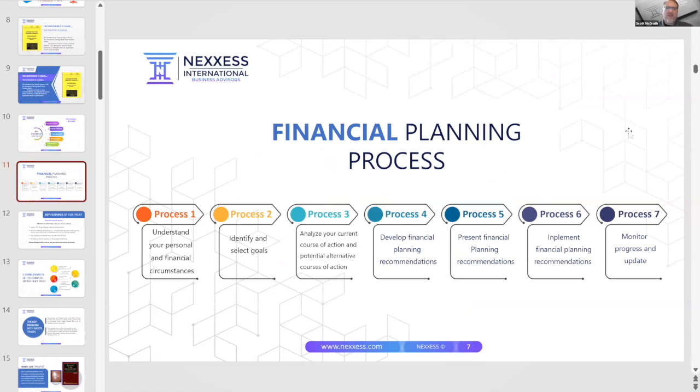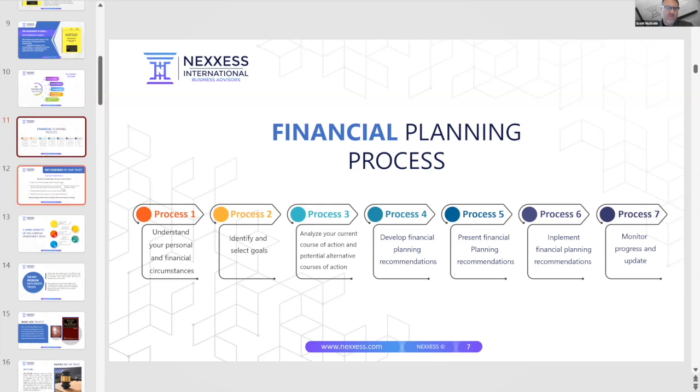What we do is financial planning. We help people with more than just trust. We help them with mortgages and retirement accounts. We have registered reps at Nexxess. We have over 50 insurance agents with our insurance agency, Nexxess Financial. We also recently started a brokerage firm where we are buying and selling companies, called corporatesales.com. So we have multiple different ways to help our customers, not just the trust, not just the insurance, but many other things.